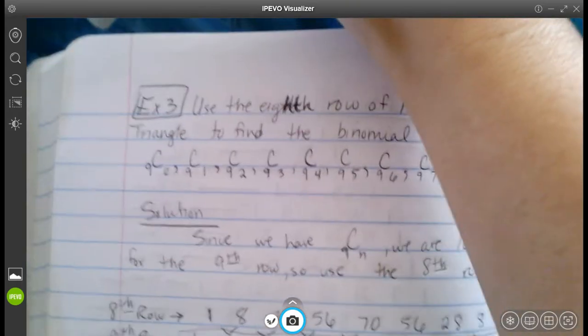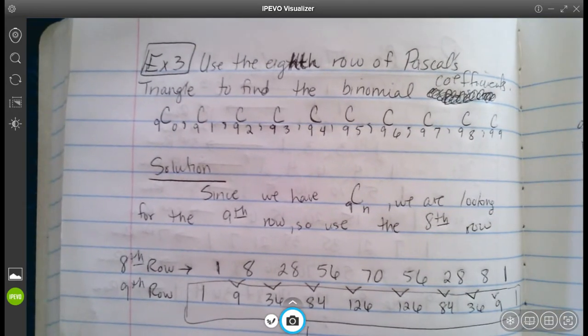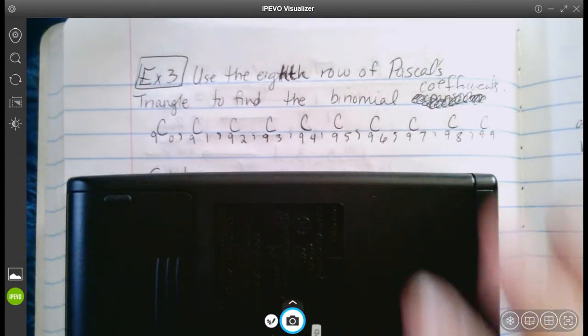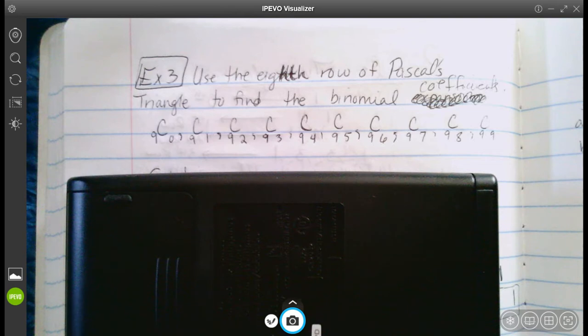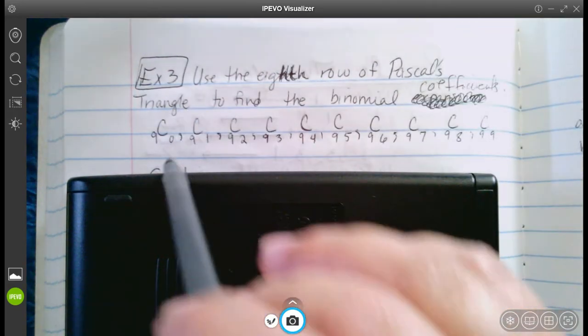Actually, these ones are worked out for us because of the time. I don't want to spend too much time. So for this first one, let me kind of cover some things here. We have used the 8th row of Pascal's triangle to find the binomial coefficients, and then we have our weird looking notation. So this is what we had in the way beginning. Binomial coefficients basically means